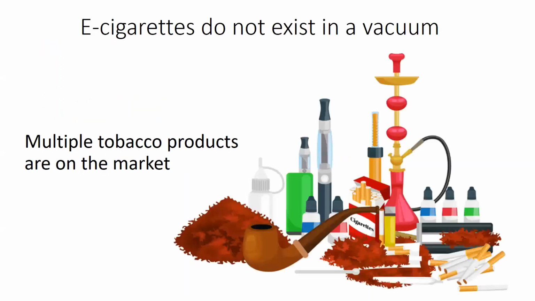this time. Now, it's really important that I say that e-cigarettes do not exist in a vacuum. So whenever people speak about electronic cigarettes, it's really important that we know that we're not just speaking about this one product that's by itself in a vacuum. There are multiple tobacco products, and whenever we speak about electronic cigarettes, we have to keep in mind that on the market there are multiple tobacco products. There are combustible tobacco products, which we know of. There are hookahs or water pipes. There are all sorts of different tobacco products.